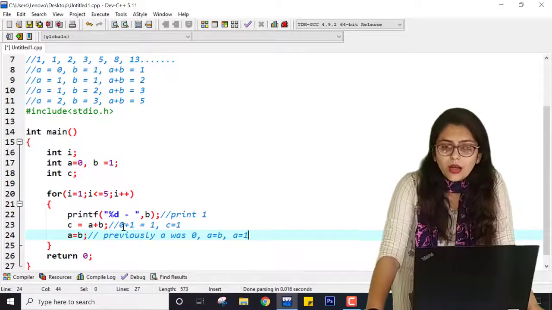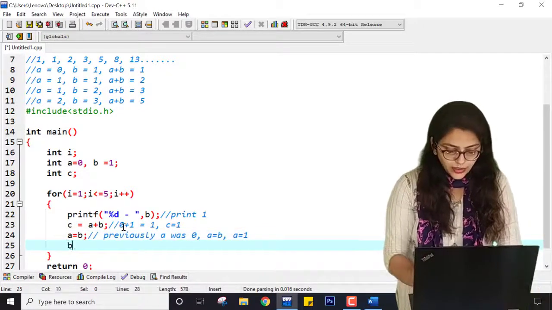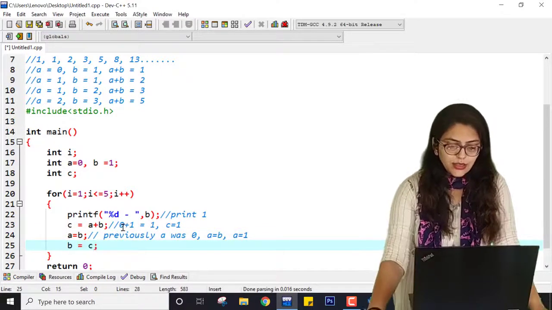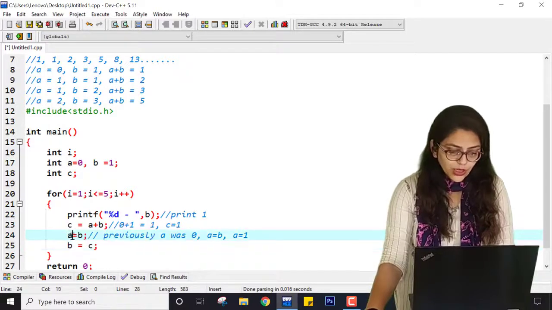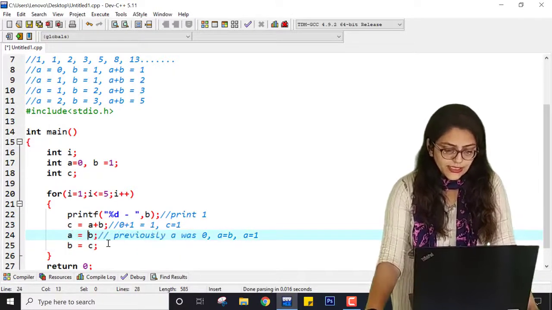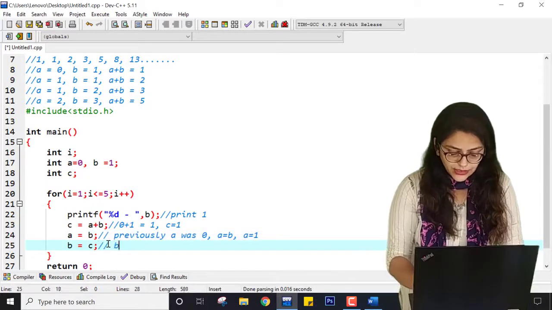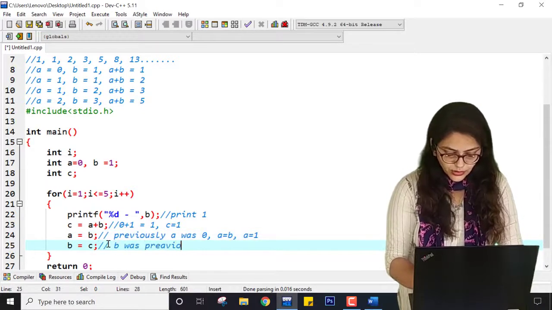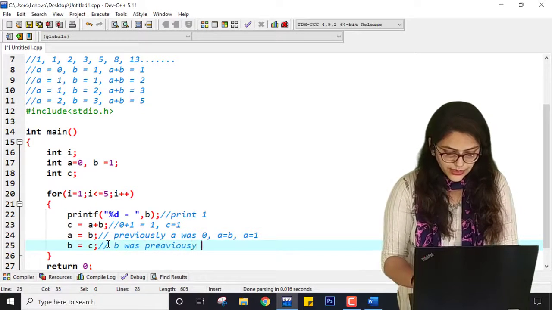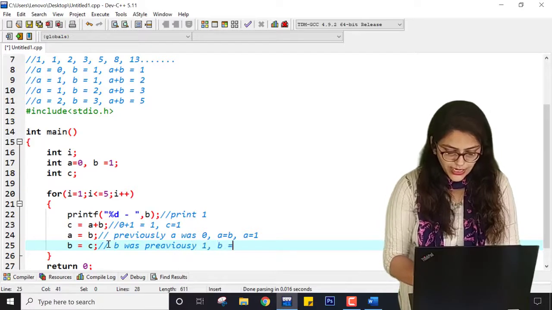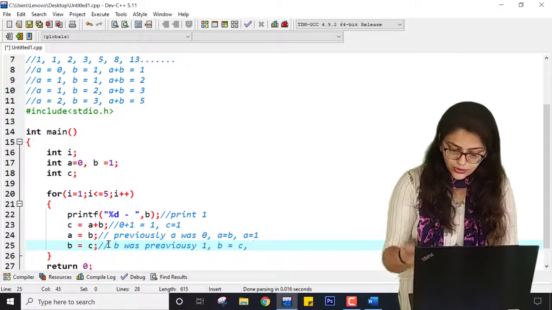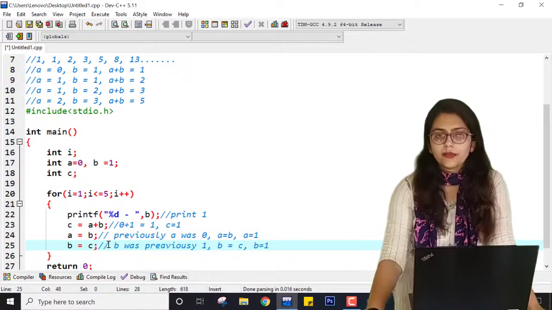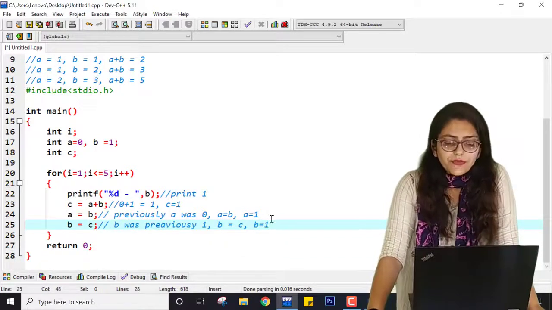So my a becomes 1 now, and here b becomes c, because I am assigning the value of c to b. I hope you understand this concept. So b was previously 1, now b equal to c. Here c is also 1, so b is 1. So this will be done after the first iteration.